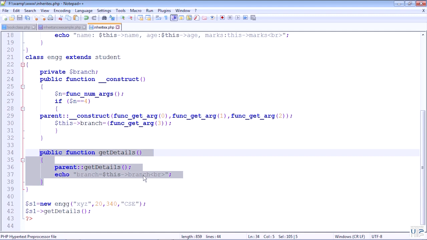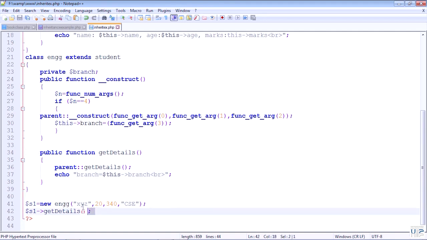Incidentally, from inside that, you are calling the parent get details class, that is a different issue. But this get details function has been overridden by the engineering class. So this is the simple